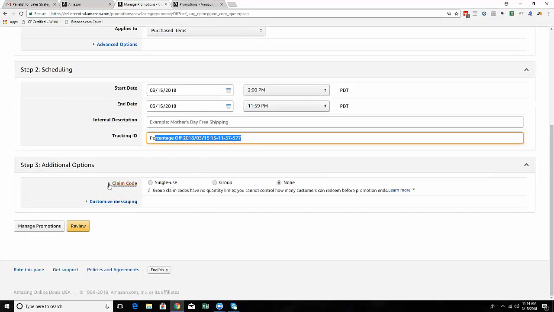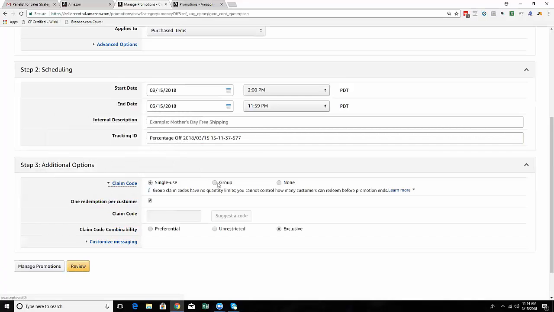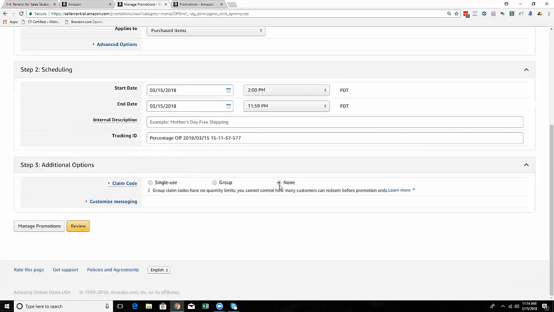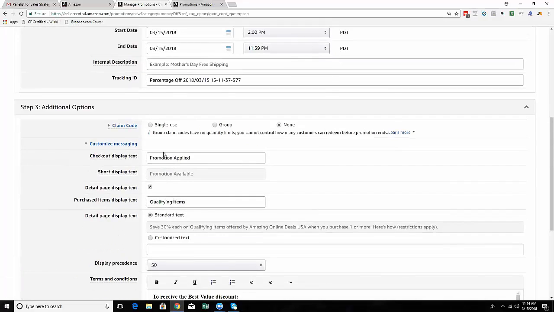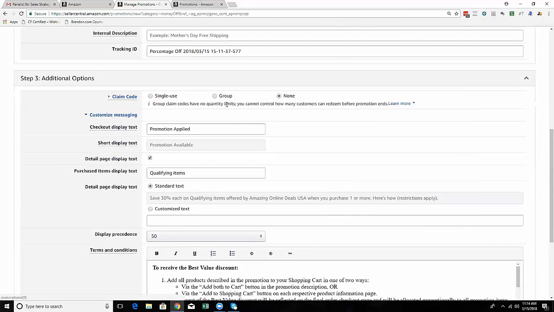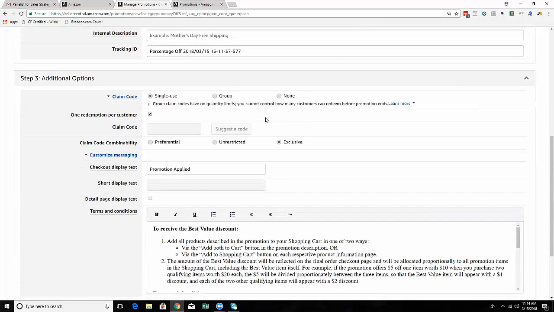And then we have the different types of claim codes. There's single use, group, or none. None just means it applies automatically. Anyone who just buys it will get it effectively. This just means that they don't need to actually put in a code for it. A single use code means that you'll generate your own number of codes that you can give out to people, and it'll be unique to that